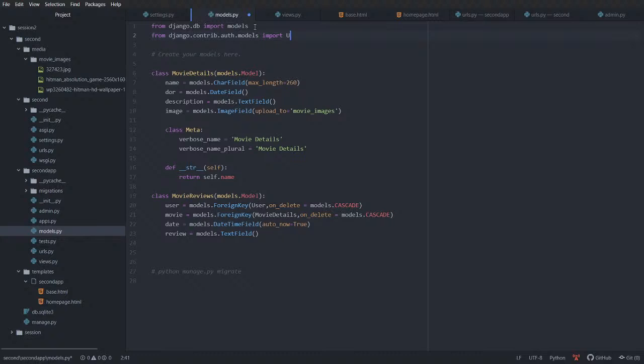Import User: from django.contrib.auth.models import User. It's the default user model created by Django for us, and it has some fields like username, password, first name, last name, and all those things. So what remains here is